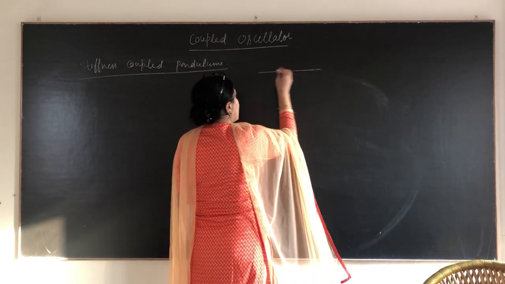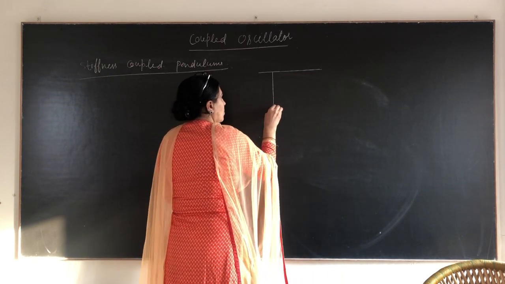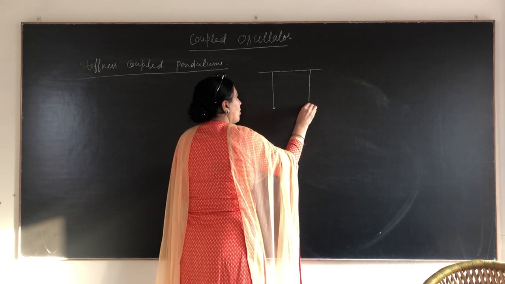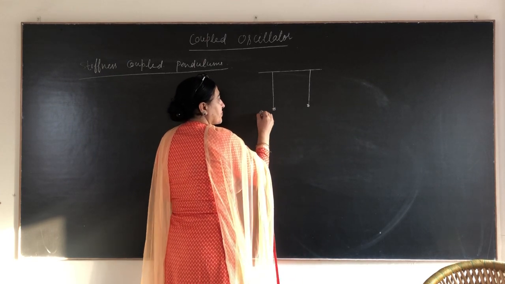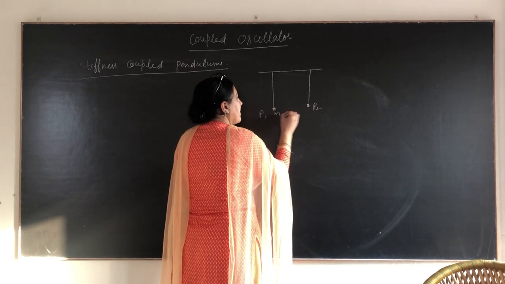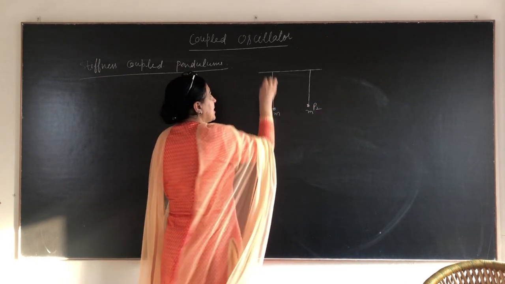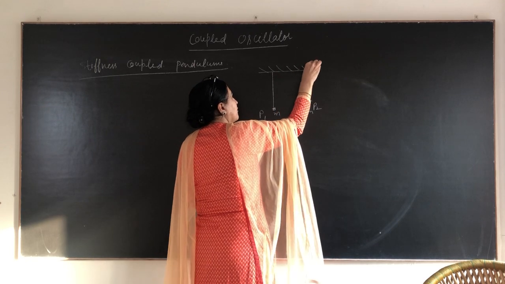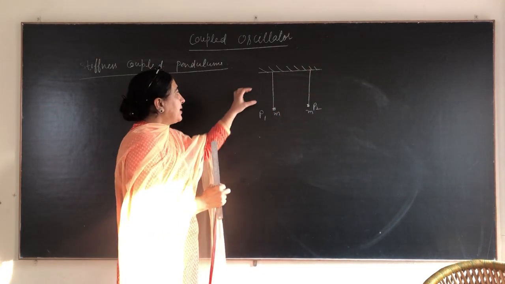One is pendulum P1 and this is pendulum P2, both having masses M and M, and they are suspended from a rigid support, and this